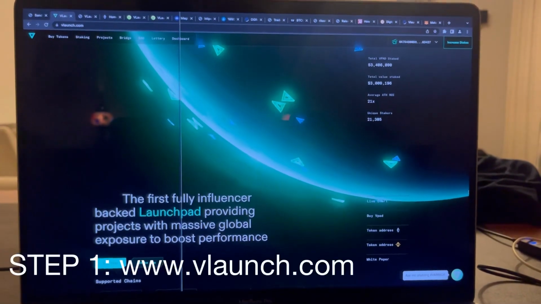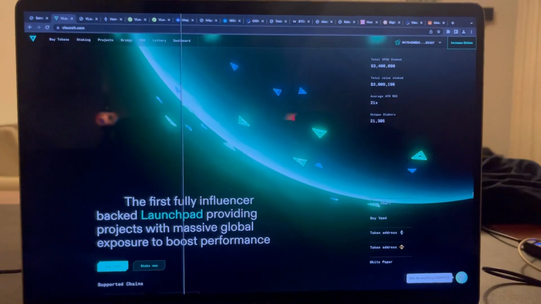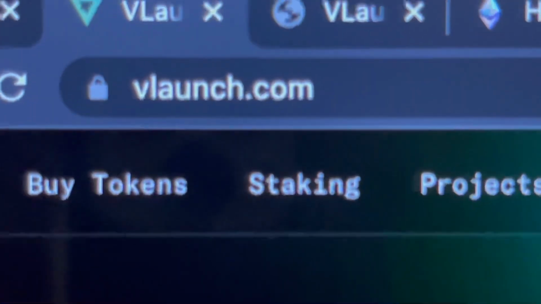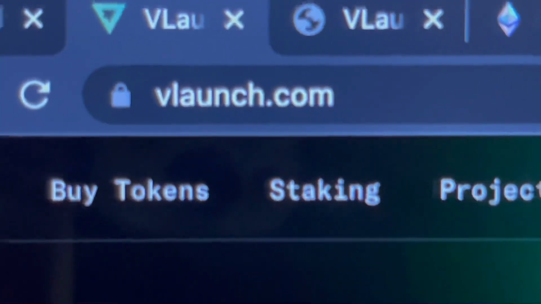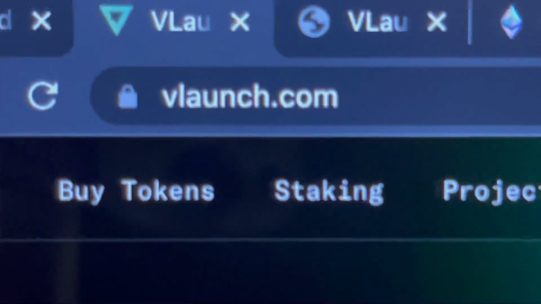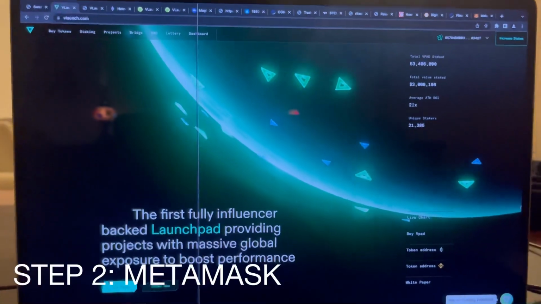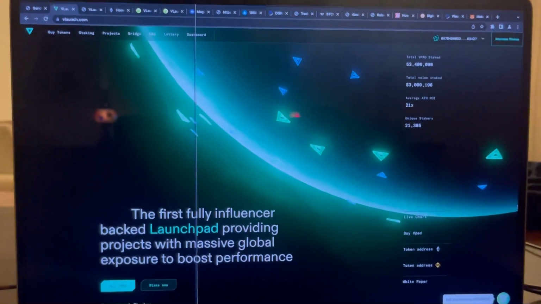The first step is to go to the official Vlaunch website. Here you can see the Vlaunch website, if you are still not sure which website it is. Next to that, your second step is to connect the Vlaunch.com website with your MetaMask